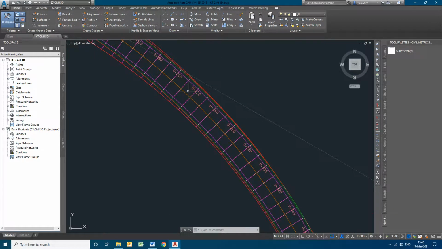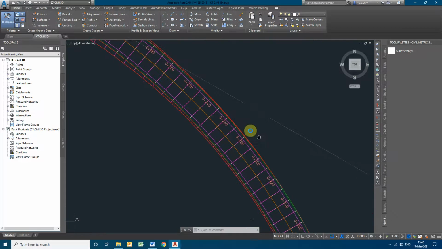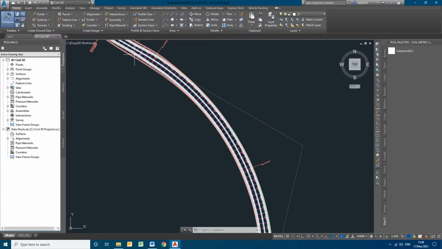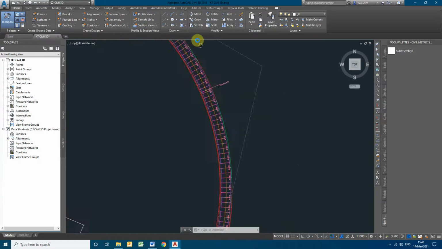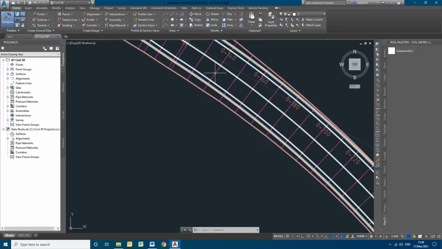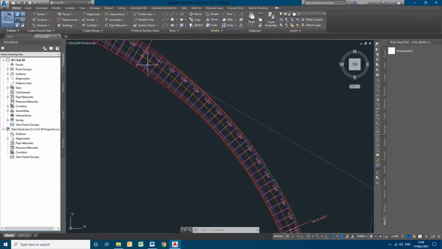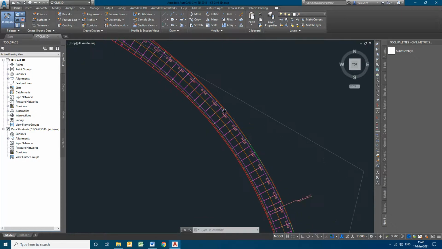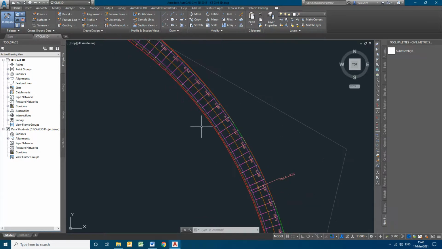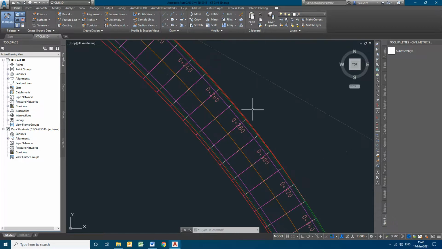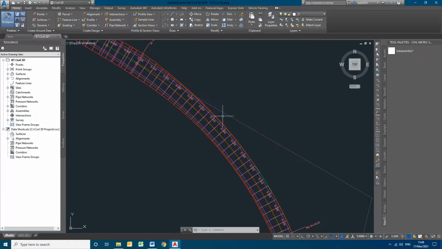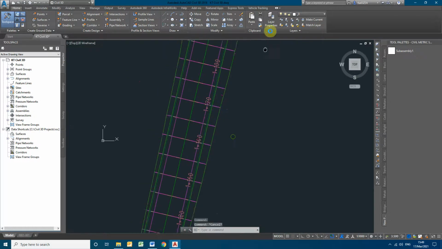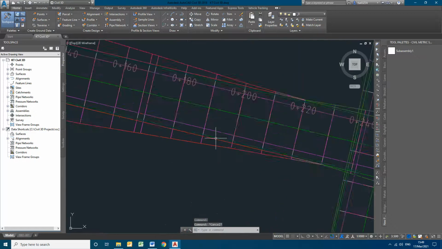It's very clear that we have to apply the offsets and we have to give the widening criteria, inside widening or outside widening. So accordingly, you have to provide, and once the widening criteria is applied, you have to target the corridor to the alignment. So instead of going with the offset alignment, if you have any bus bay or anything, we can just draw a polyline and assign the target to that polyline. I will show you how to apply the polyline also here, as the target. So I will show this for this alignment.